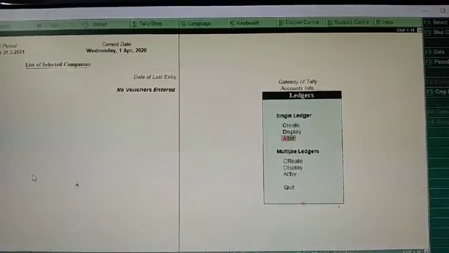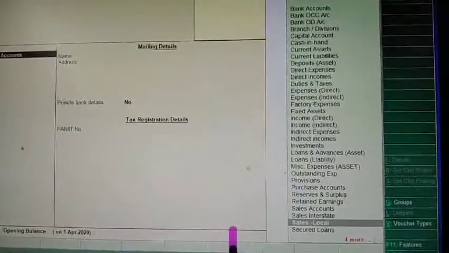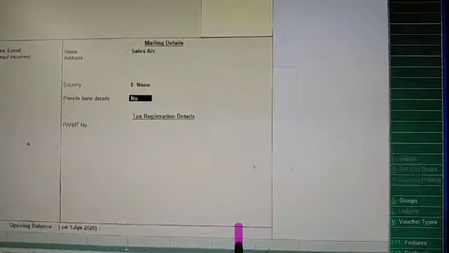If you have to alter the ledger, suppose you have created a wrong group, you can alter it, or else any option you have not activated, you can activate under alter option. So if you have to select a sales group, sales interstate or sales local, however you have to select the group, you can do that.